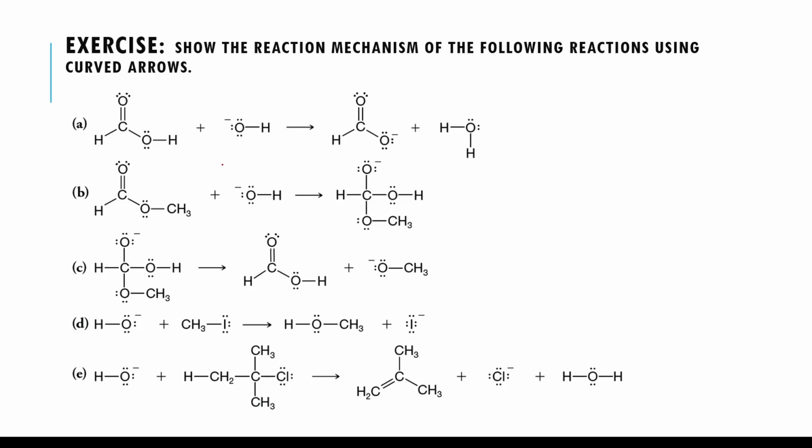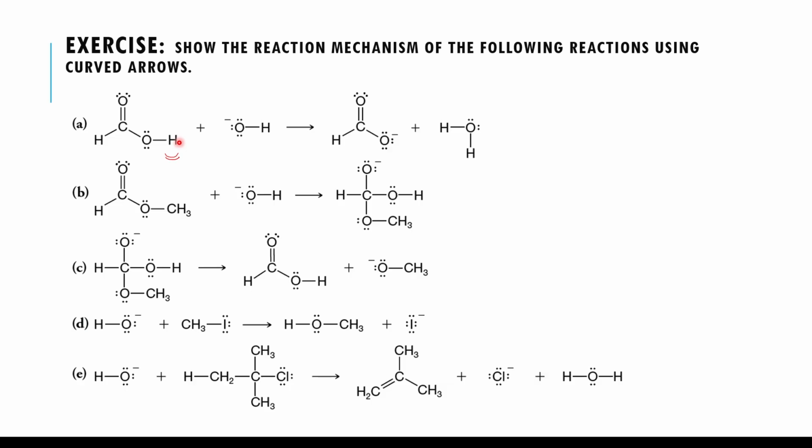In the first option, let's look at what is happening first. We have here a carboxylic acid, and in the product, this carboxylic acid is losing its proton or hydrogen. So basically, this hydrogen is lost, and the bond between oxygen and hydrogen is breaking. And where is this hydrogen moving? It's moving to this oxygen. So basically, the bond between oxygen and hydrogen is breaking, and there will be a new bond formation between this oxygen